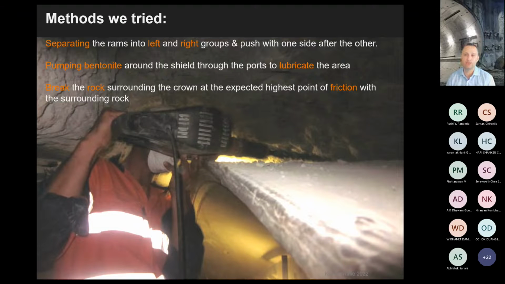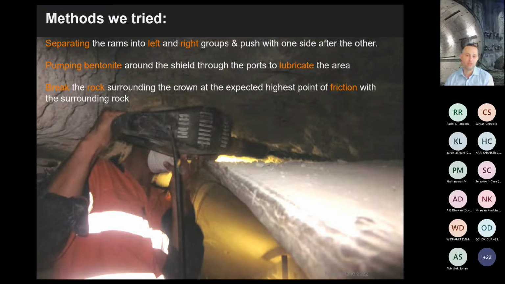The operators also tried applying maximum force to the left and right sides of those invert rams, just to jiggle a little bit and see if we could free the TBM. We also tried to release the TBM by pumping bentonite and jackhammering it, but when it was clear that none of those would work,